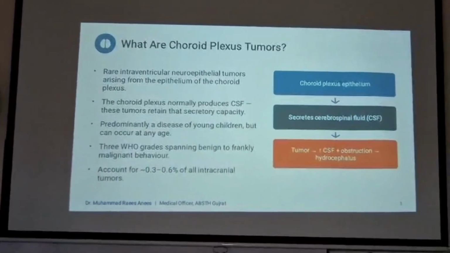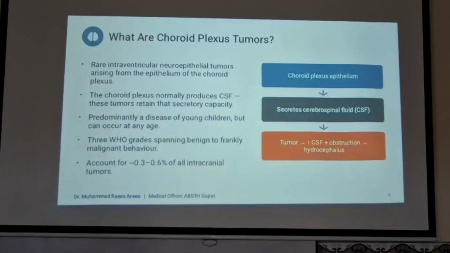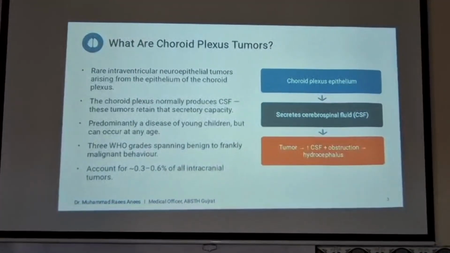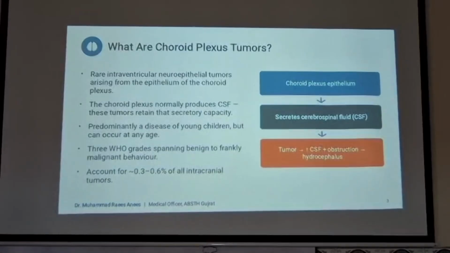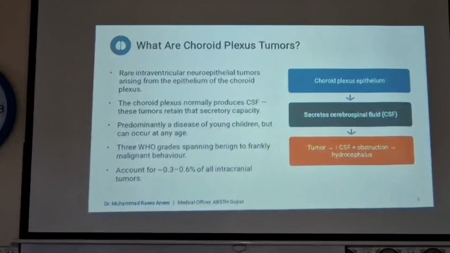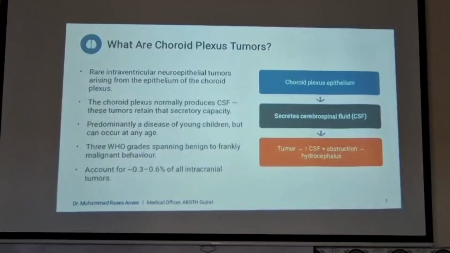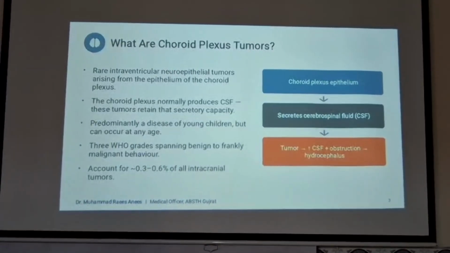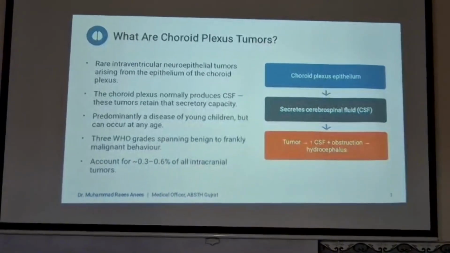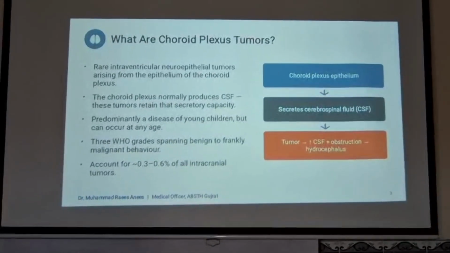So what are choroid plexus tumors? These are very rare intraventricular neuroepithelial tumors arising from the epithelium of the choroid plexus. The choroid plexus normally produces CSF, and these tumors retain that secretory capacity as well. Predominantly a disease of young children, they most commonly occur in young infants and young children, but may occur at any age. There are 3 WHO grades spanning benign to frankly malignant behavior, and they account for 0.3 to 0.6% of all